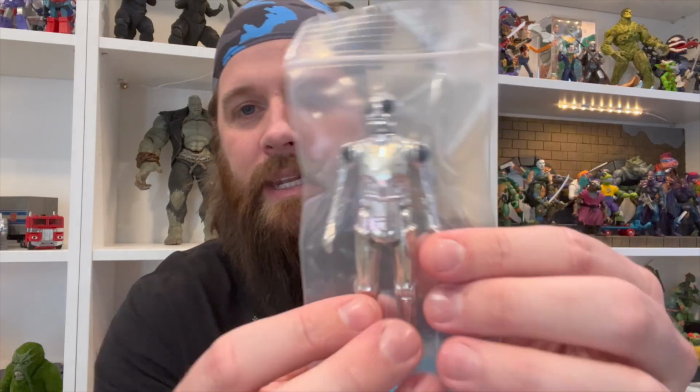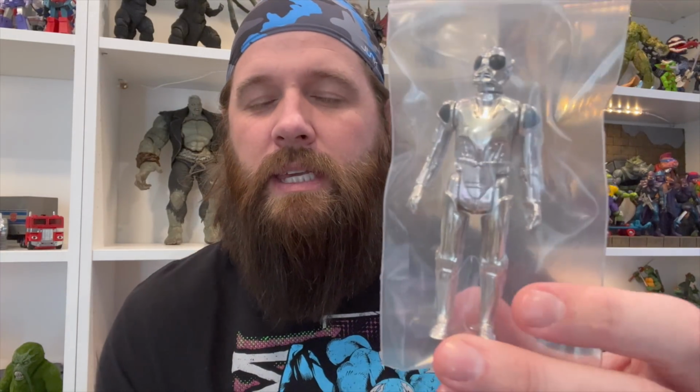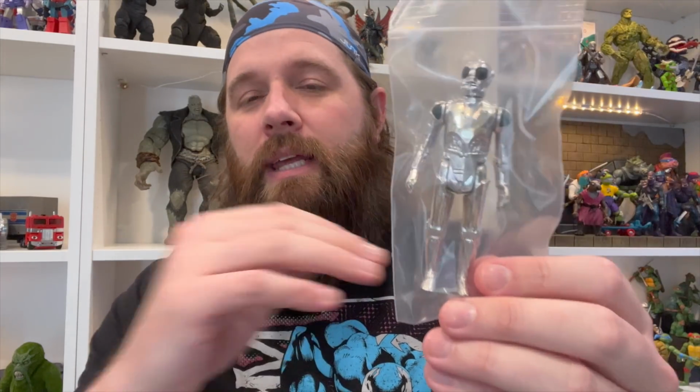And then we've got the Death Star droid. So again, just trying to complete out that first 21 set of figures. The first 12 is really the main priority, and then hitting up the first 21. I think I have 2 figures that I still need to complete the first 21. Now, about half of those are in the boxes still. I've not unboxed them. I do still have 2 that I actually need to purchase to be able to complete